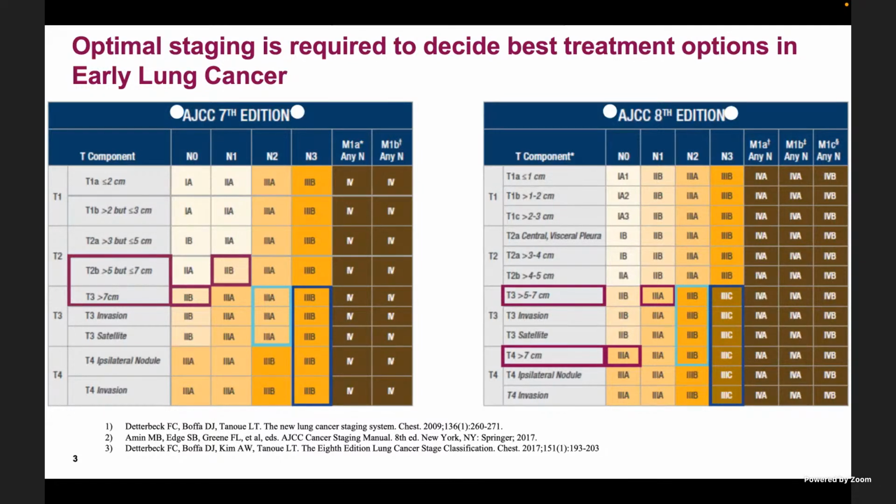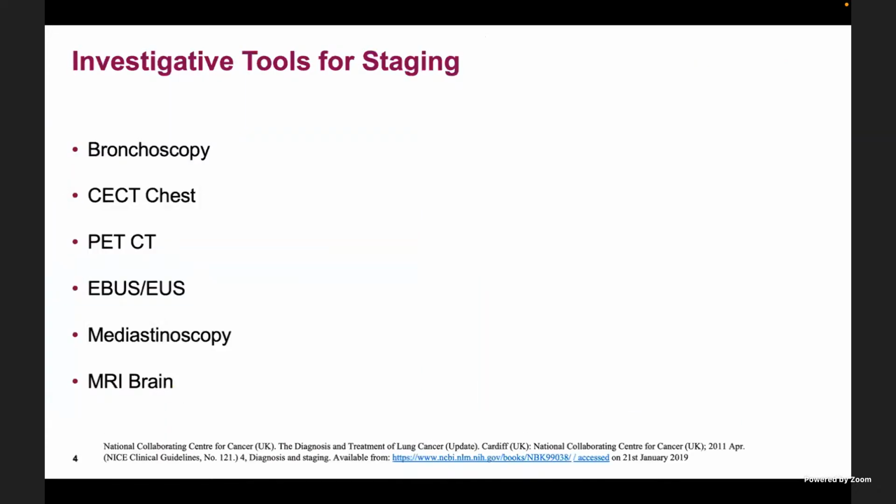So similarly, a lot of changes have come up in the AJCC 8th edition, with sizes being changed, the invasions being changed, the nodal status being changed. So we should be careful about which system was used in which paper. A very important tool for staging is bronchoscopy, CT chest, PET-CT, EBUS, mediastinoscopy, and patients do inevitably require an